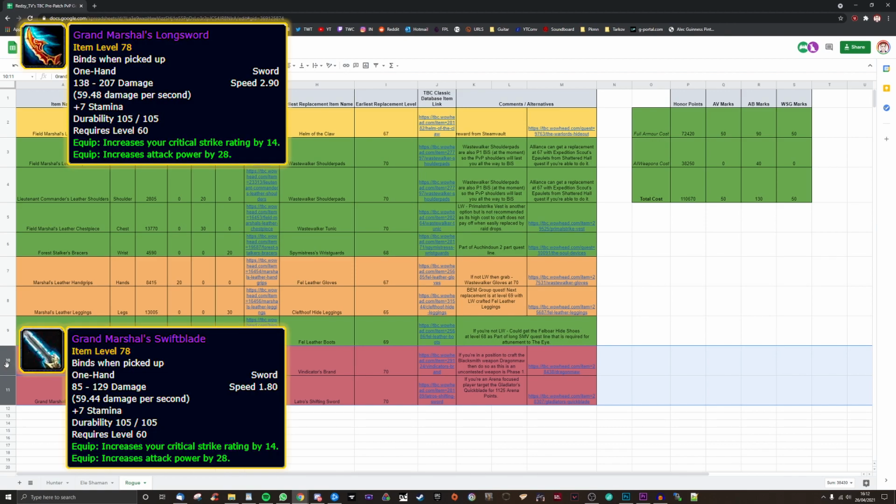So the Grand Marshal's Longsword and Swiftblade are 2 decent swords that at the point of recording seem like they'll last until level 70. But I have concerns that this may end up only being in terms of stats, as the DPS probably starts to drop off in comparison to quest rewards and dungeon drops. So I'll leave that to your own judgment on how far you think these will last, but in my opinion,